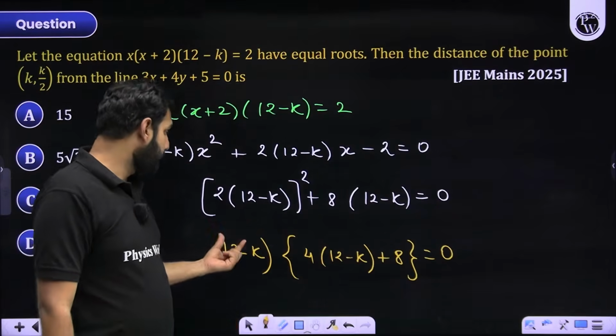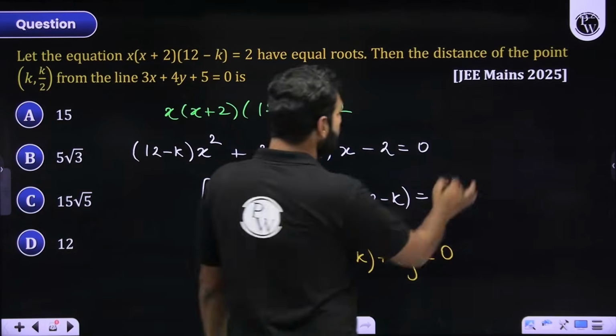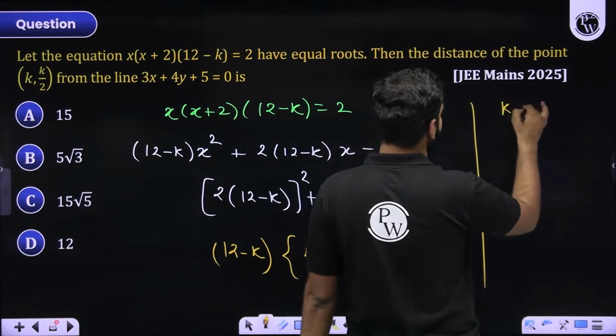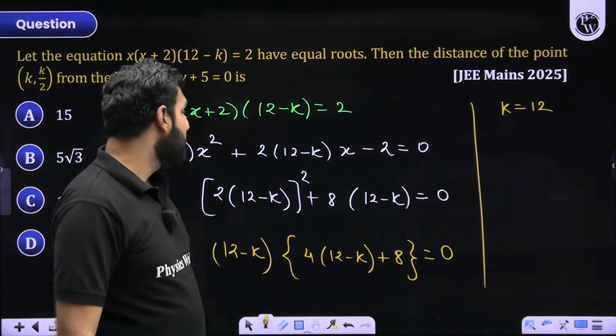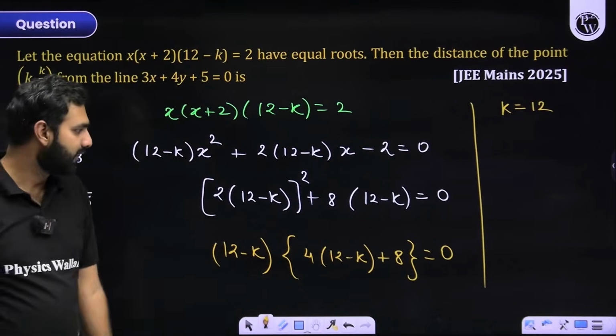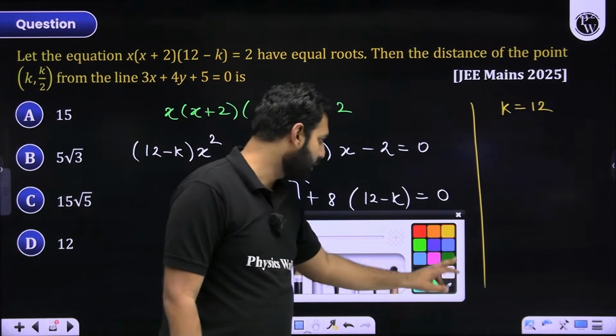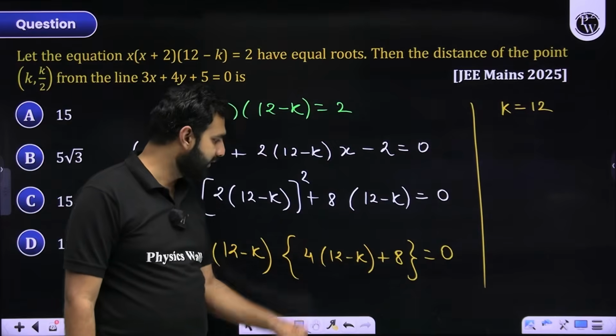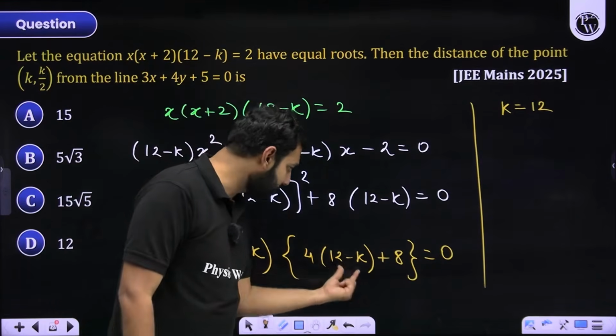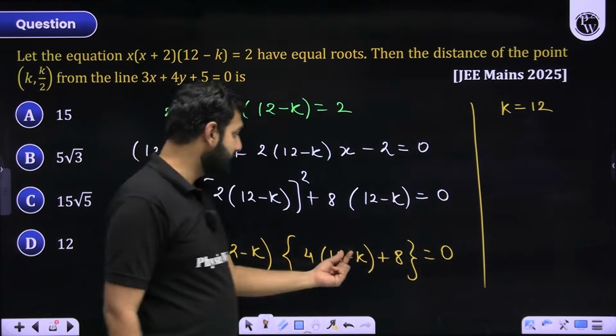So when you put this 12 minus k equal to 0, you get the value of k as 12 without any hesitation or doubt. That is one of the values of k. But from here, I think I can find the other value of k as well. So let us try and get that value of k as well. So how do we get it? See, this factor should be 0, which means 4 times this plus 8 should be 0, which means 12 minus k